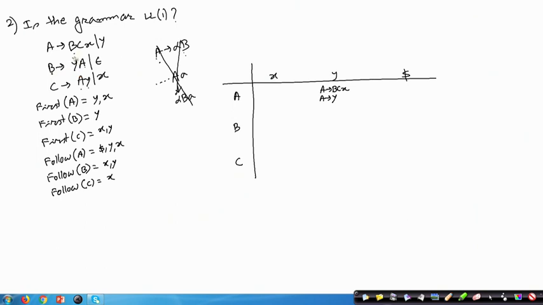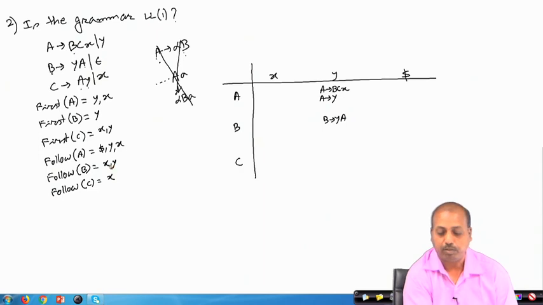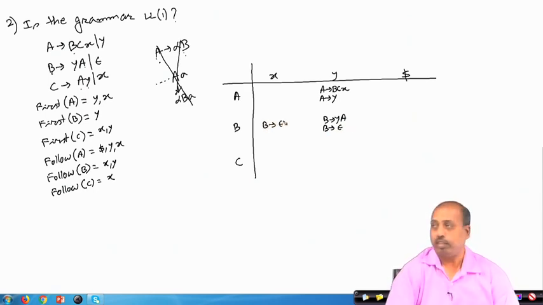So, the first of y A contains y. So, B y I will have this rule B producing y A. So, this will be added here. Now, I have a rule B producing epsilon. So, if B producing epsilon is there, whatever is in follow of B, there this rule has to be added. So, follow of B contains x and y. So, follow of B will have B producing epsilon. So, this rule will be added here as well as this rule should be added here, B producing epsilon.